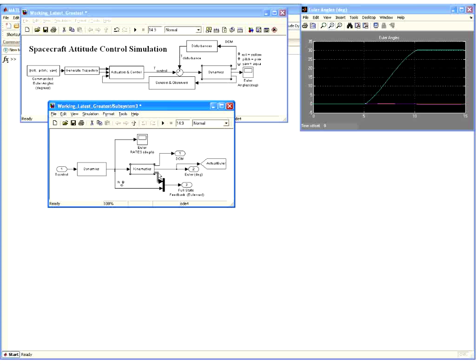Then I'm going to mux together our position with our rotational rate to form what's called full state feedback. So we'll have the state x and the state x dot, and we'll put them together to call that full state feedback. And that will be something that's actually occurring